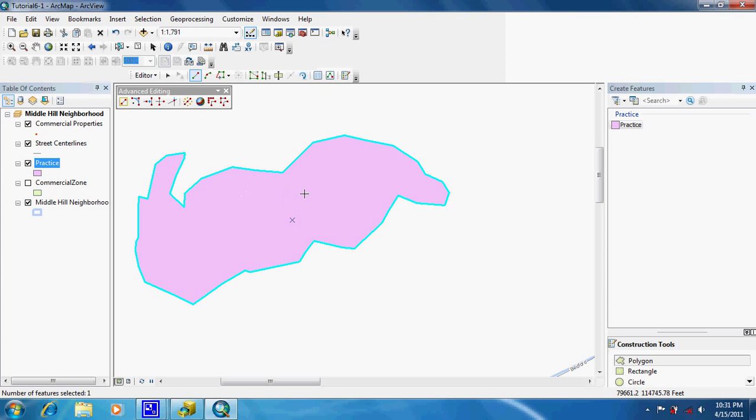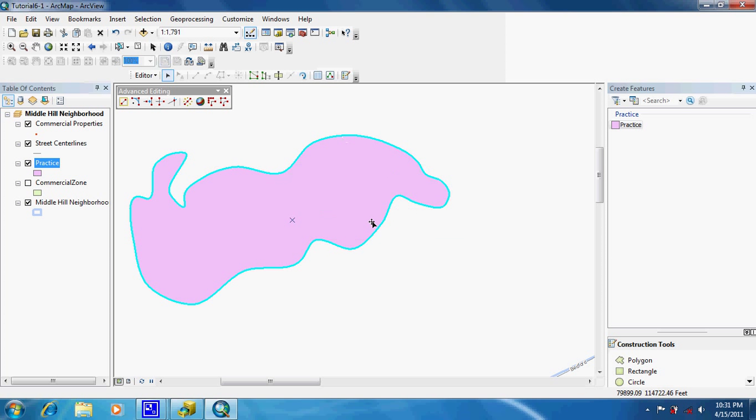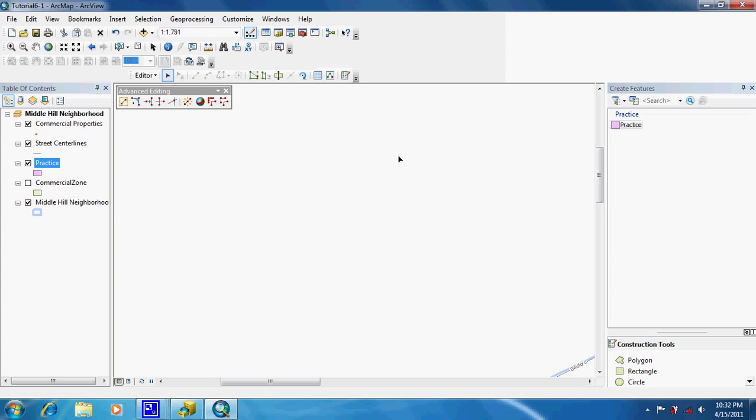Okay. Now with that done, we are going to go up to the edit tool, which is this little black arrow, and we're going to choose the smooth tool. We're going to click on that, and it works a lot like the generalize. As you can see, it made it more curved. What that did was it put a vertex every 10 feet, so it even added more to where it looks more curved. Okay, with that we can delete that,